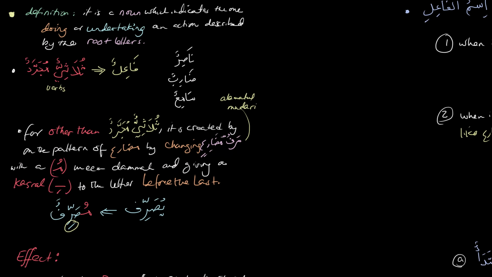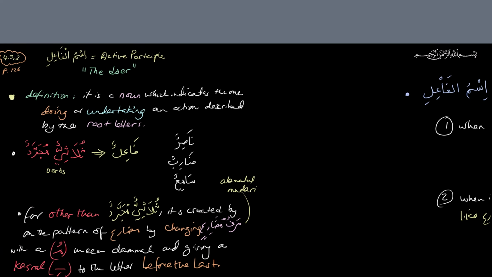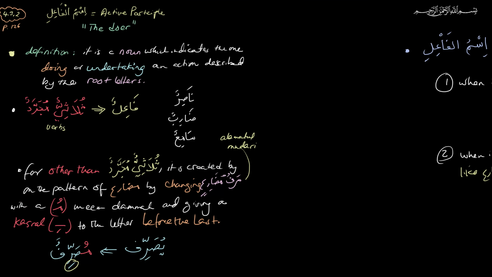So today we talked about ism fa'il as one of the amils of the nouns. Ism fa'il is the active participle, it's the doer. The definition is that it is a noun which indicates the one doing or undertaking an action described by the root letters. For sulasi mujarrad, the pattern is fa'ilun. نصر ينصر نصرا فهو ناصر ضارب سامي فاتح كريم. Anyway, so that's slightly different. So for sulasi mujarrad, typically the pattern is fa'il, and for other than sulasi mujarrad it is created by taking